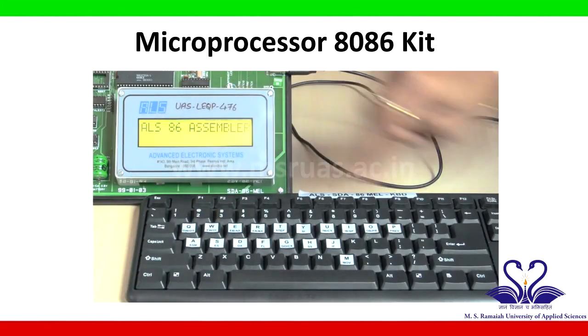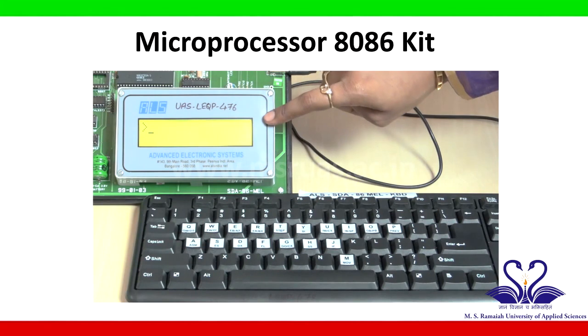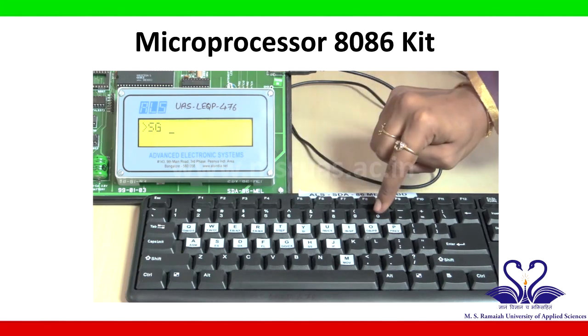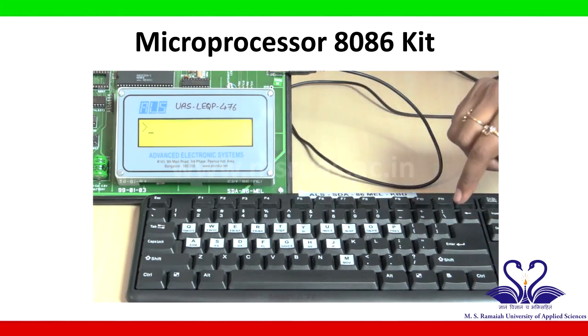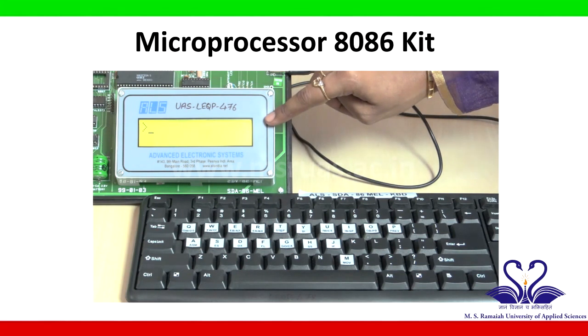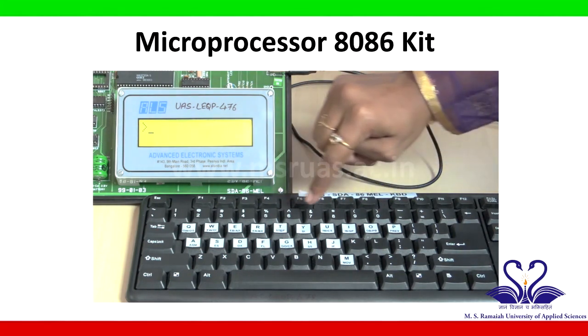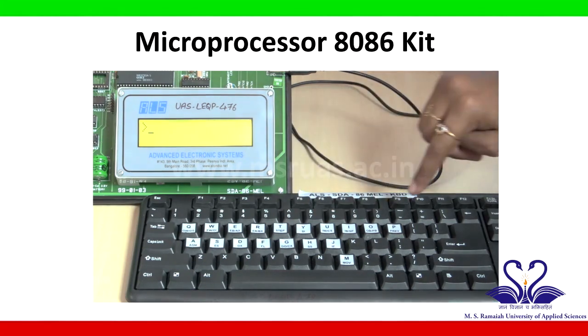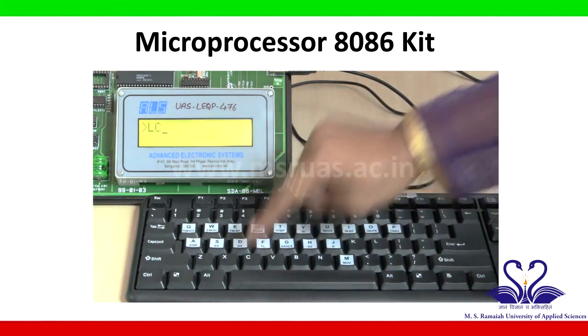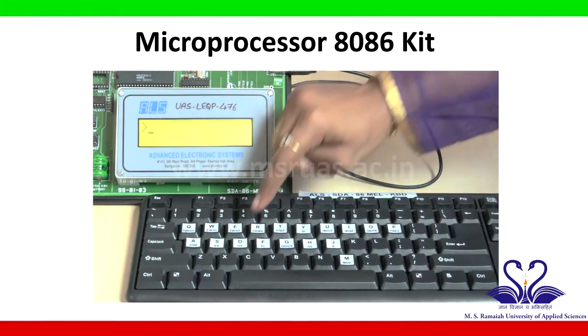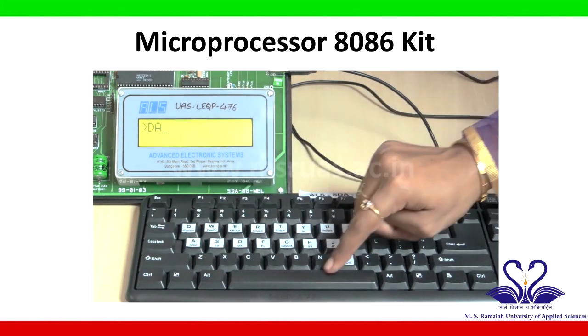Type A, enter, so that it goes to the assembler mode. Then type SG space 0, enter, which means segment clear. Then type LC, enter, which means label clear. Then type DA space